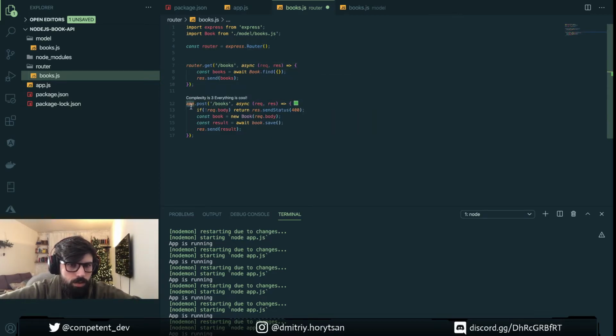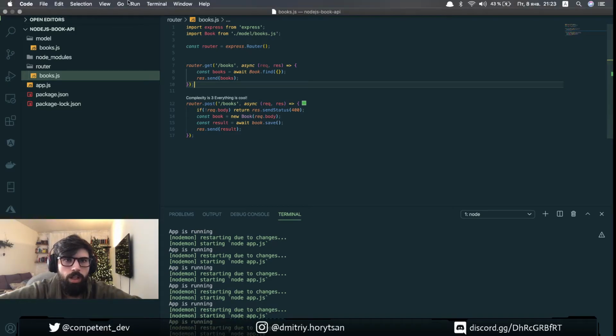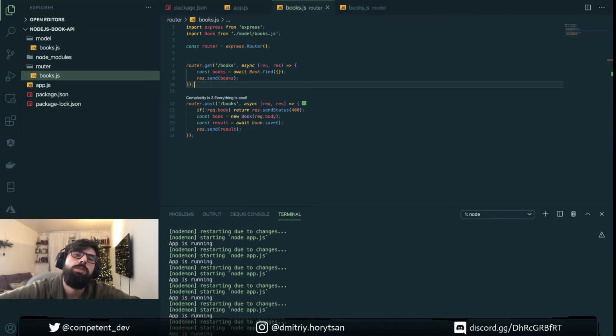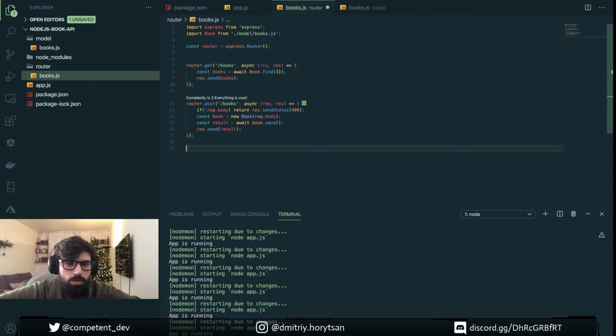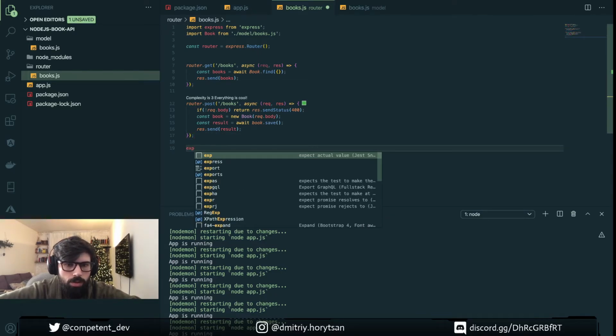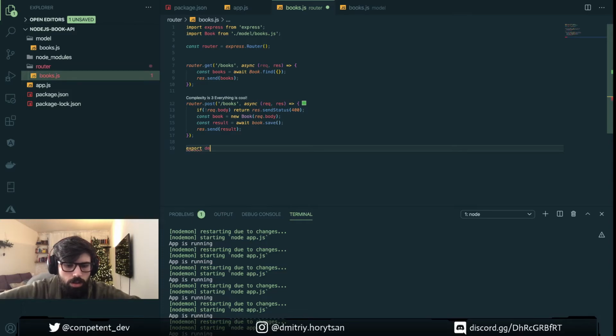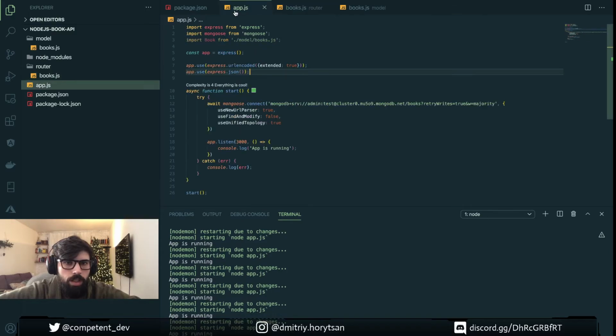And here router.post. And the last thing that we're doing here is we need to export default router, like this. And in app.js we